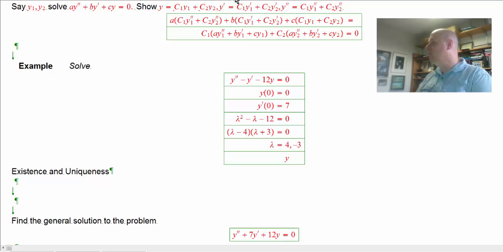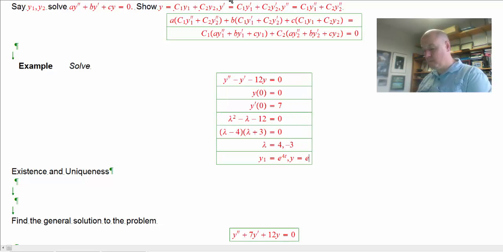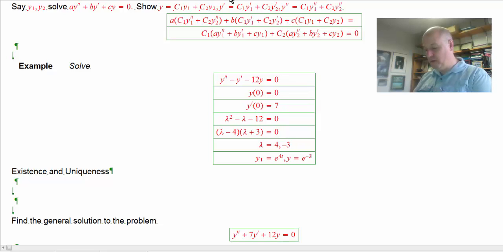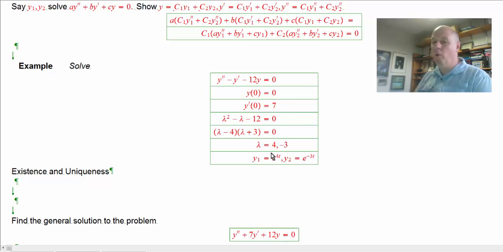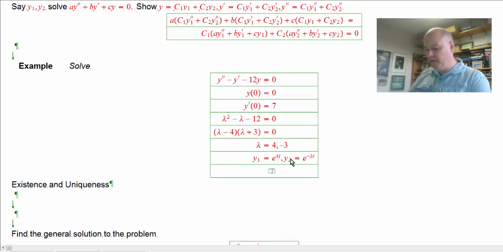I get a little solution e to the 4t, and I get a little solution e to the minus 3t. Now I'm not putting constants in front of them. I guess I can, but I'm not going to, because I'm going to take a linear combination of these two pieces anyway. I'm going to say my homogeneous solution